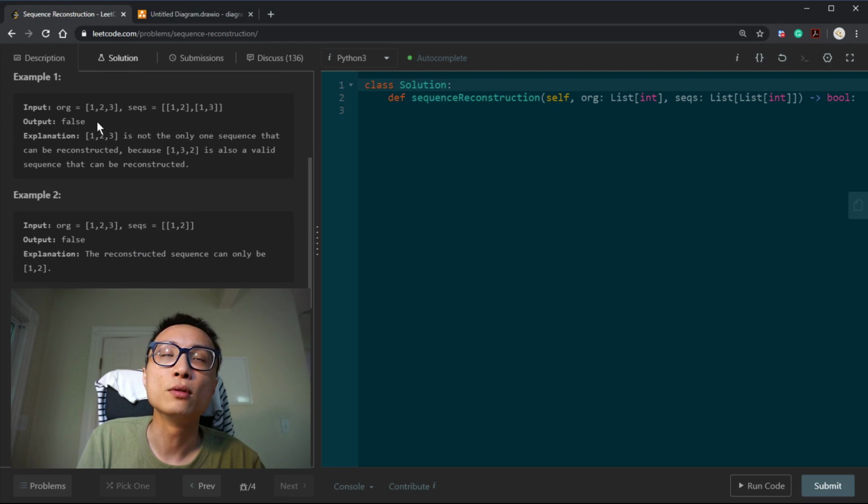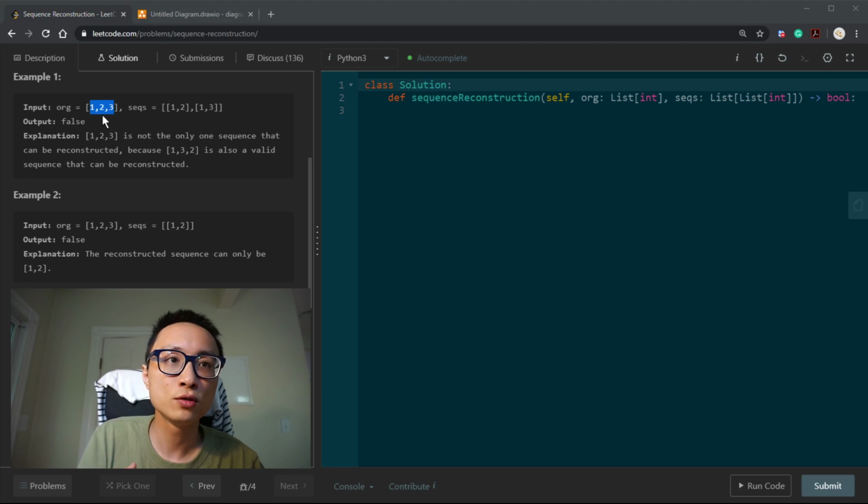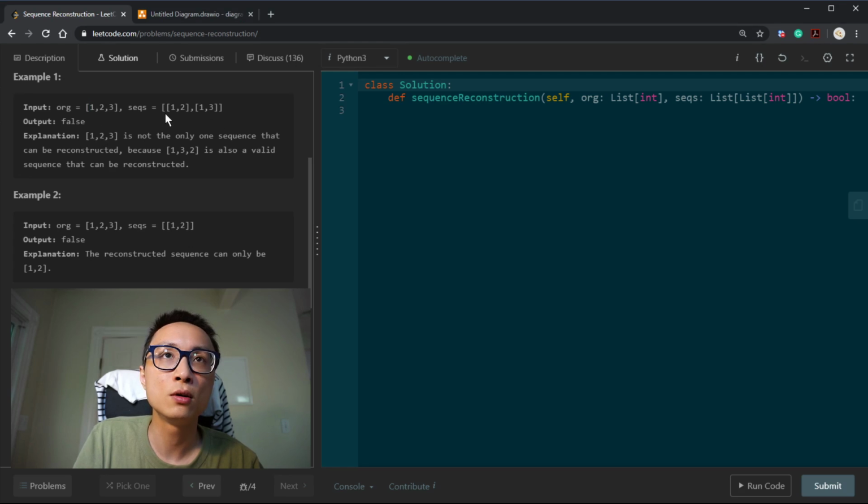Let's read an example and see what it means. The original sequence 1, 2, 3 is supposed to be the supersequence for all the sequences inside this list. We can see that we have 1, 2 in that order, and for 1, 3, we have 1 coming before 3 in this original sequence.